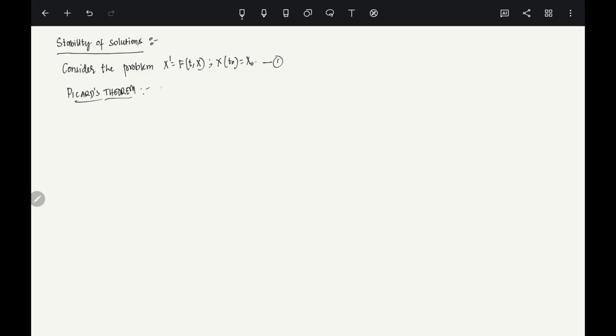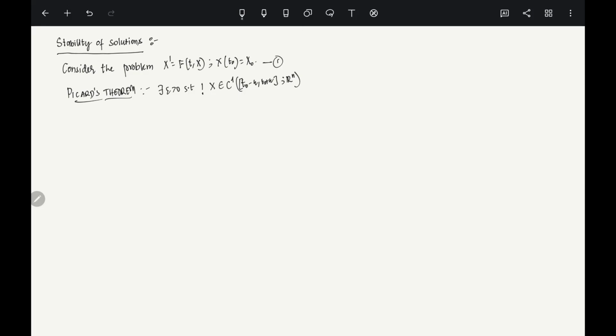What does it say? It says that there exists epsilon positive such that, in t naught minus epsilon to t naught plus epsilon, there exists a unique x, which is from C1 of t naught minus epsilon to t naught plus epsilon, to Rn. Of course, I wrote it as a closed set,